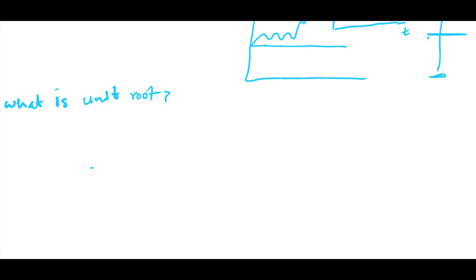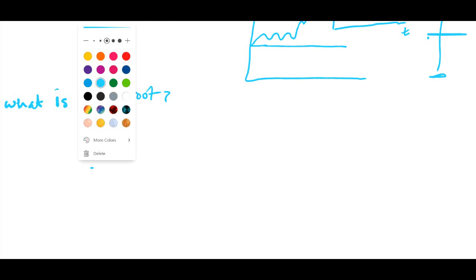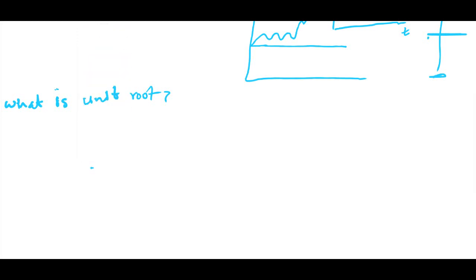We can explain that with an AR1 model, an equation such as yt equals theta yt minus 1 plus et. So this is our AR1 model, and in order for this data to be stationary, the condition is that